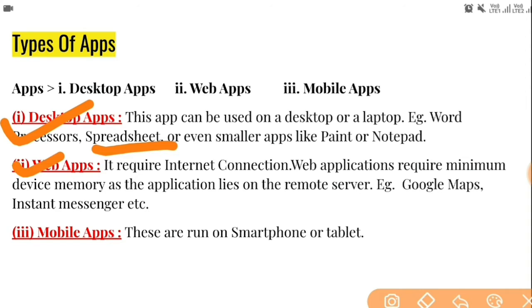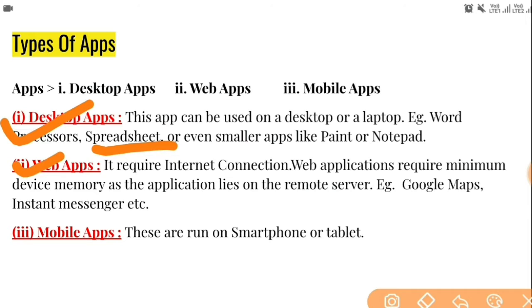Web apps require an internet connection. Web applications require minimum device memory as the application lies on a remote server. What is a remote server? If you access another computer that is very far from your computer and it is connected by the help of the internet, that is known as a remote server.